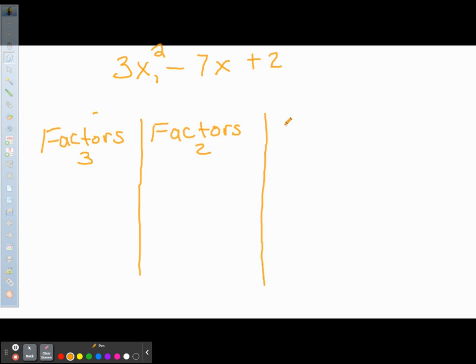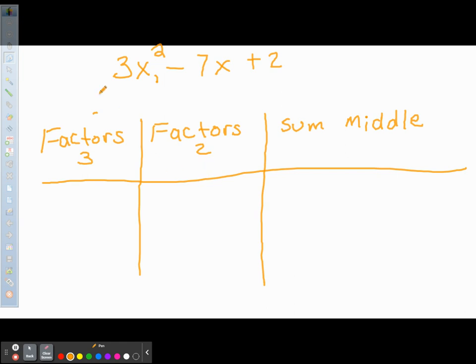And then you're going to see what the sum of the middle term is when you multiply them out, and you want it to be -7. Now, look at your box. Your B is negative and your C is positive. What are my 2 factors of this one here going to be, the factors of 2? No, look at your box. If your B is negative and your C is positive, it says they're both going to be negative. So your factors of 2 are both going to be negative. So you said 1 and 2, so it'd be -1 and -2 are going to be the factors of 2